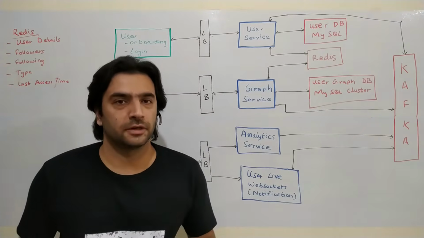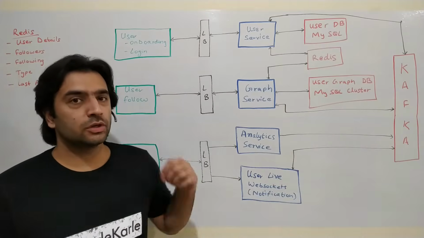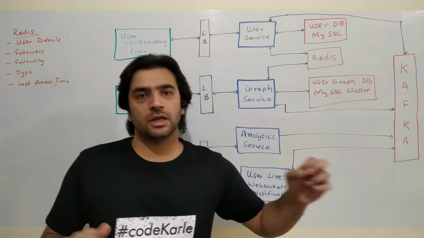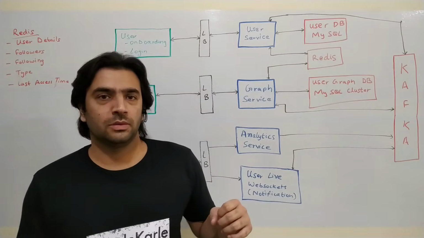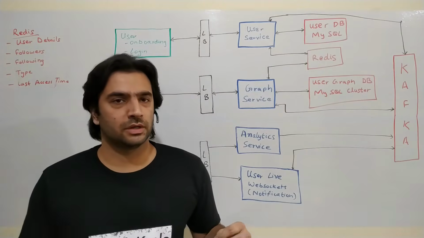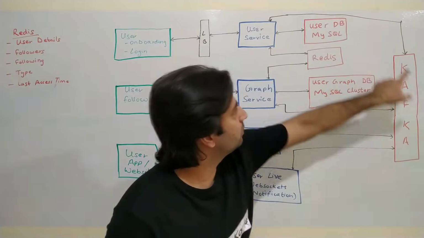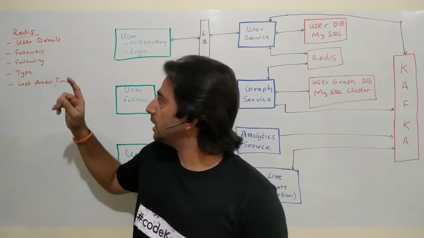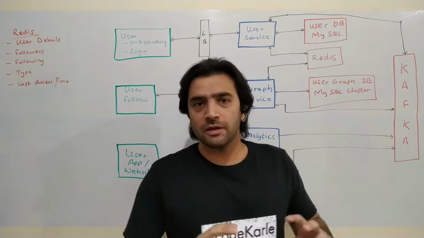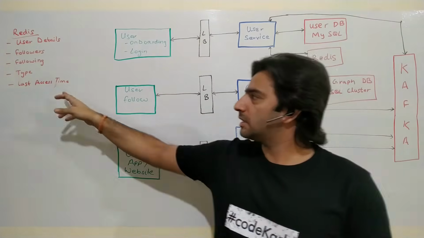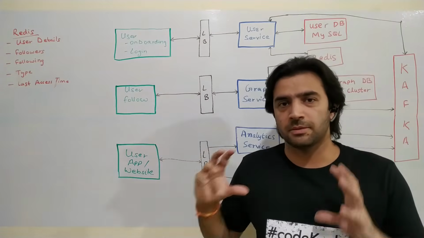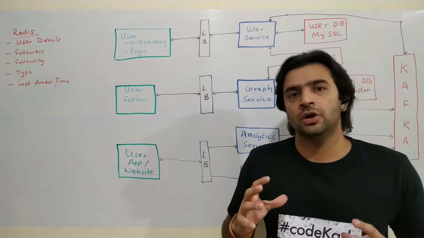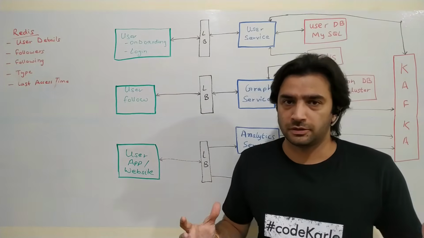We need to do something different, right? So that information also needs to be stored somewhere. That information will be put into Kafka saying the user is not live anymore. He was last live at a particular timestamp. That information would go all the way to the user service. It will store it in the cache saying the user type has now moved from a live user to an active user. His last access time was some particular timestamp. Okay. And then other systems can use that information to modify the behavior in certain cases.